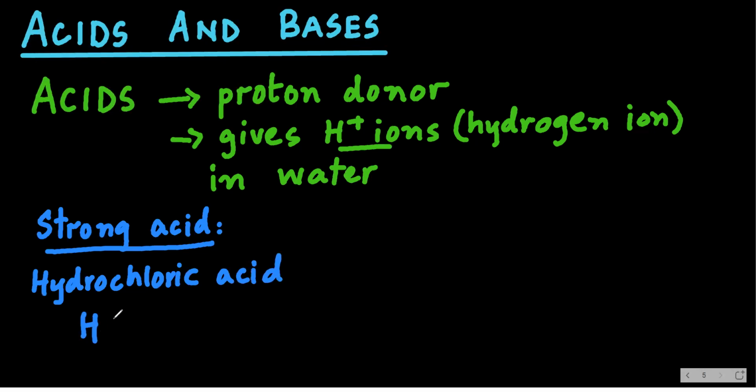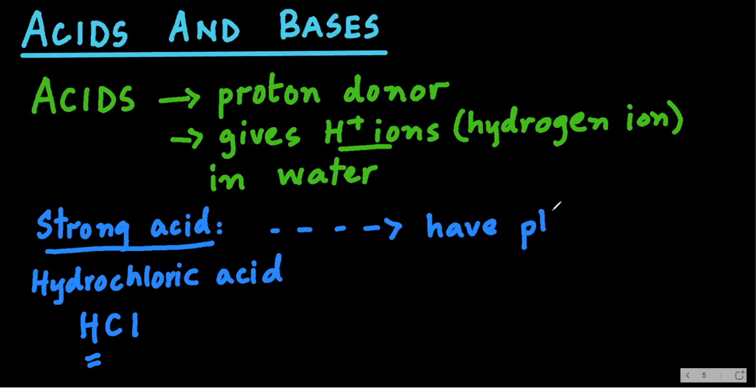What is the formula of hydrochloric acid? HCl. As you can see, it has hydrogen ion in it. Now you would be wondering, what does a strong acid mean? A strong acid is one which will have pH